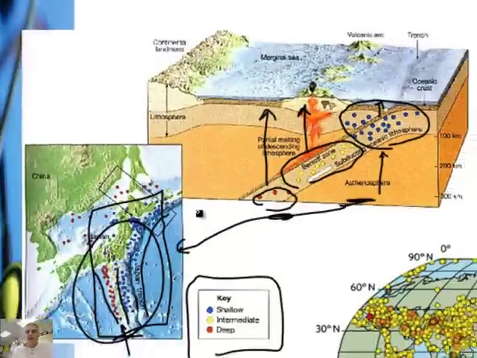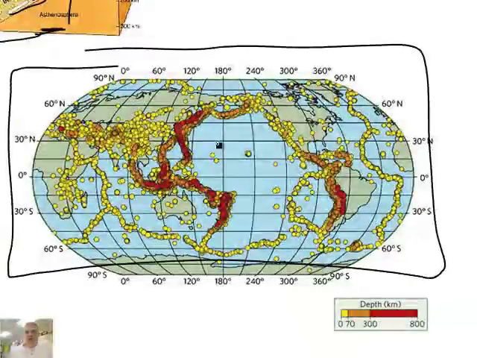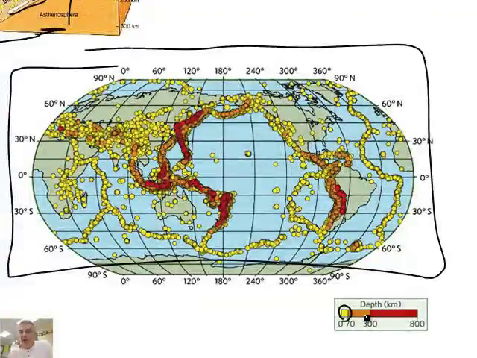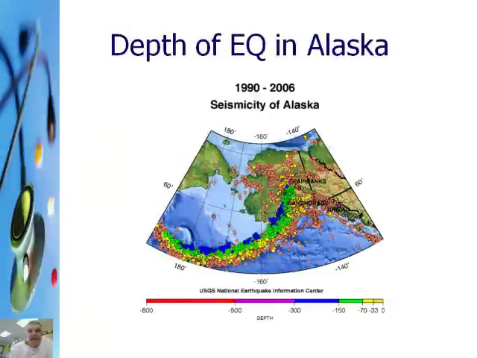And then also this map over here, the big worldwide map: most earthquakes are of the yellow variety, which is the intermediate, and then we've got some orange ones, which are the shallow. Actually, it doesn't say the depth. So the yellow, pardon me, are the shallow. I said that backwards. The orange. This is a different scale. The orange are the medium, and then there are some in the red. And it follows that pattern. If you look along, say, South America, it follows that same pattern that we just talked about. Okay, here's a good one also. If we look at the earthquake depth in